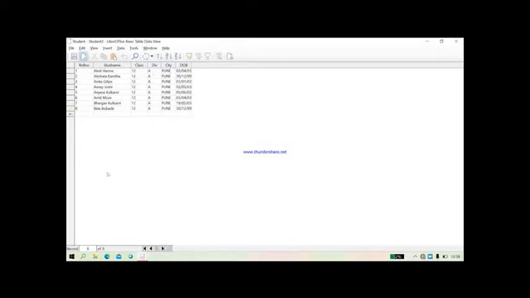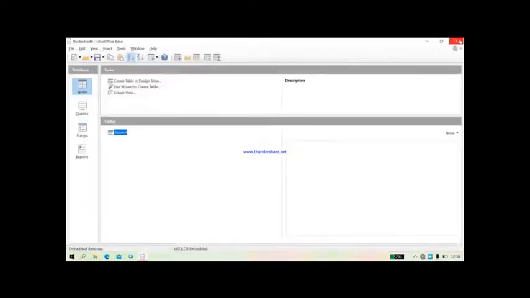So now this way you will enter all the 8 records and just click on save. Close this one. So this way you have created a table and you have entered the records. Now the last question, create a form based on the students table. Now on the left hand side you will get the 4 objects, that is table, queries, forms and reports. Now to create a form, click on form and create a form in design view, as we have already created a table.